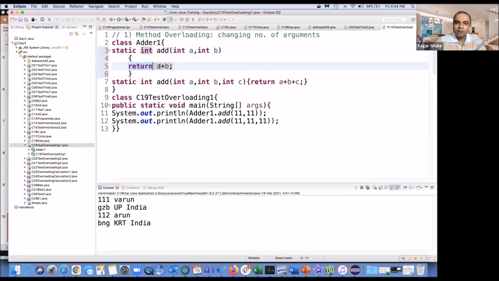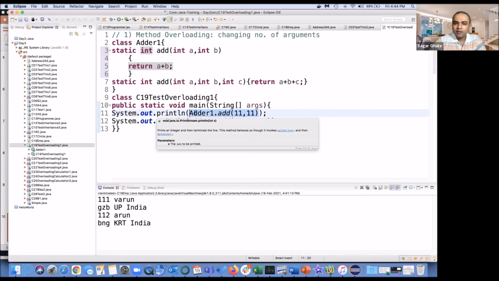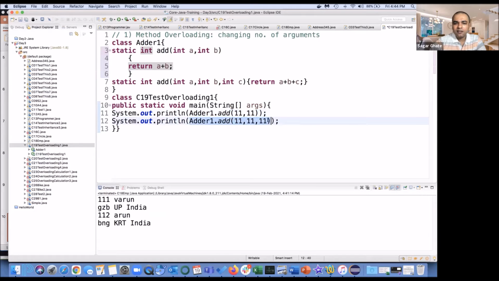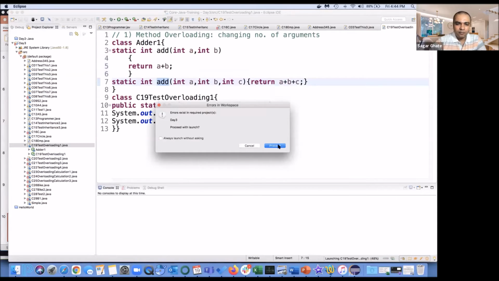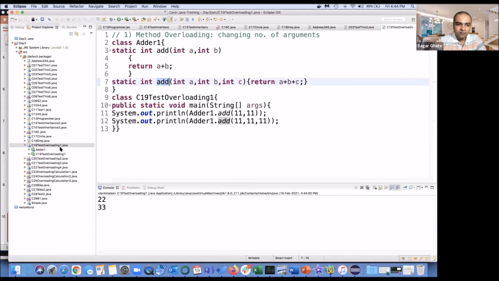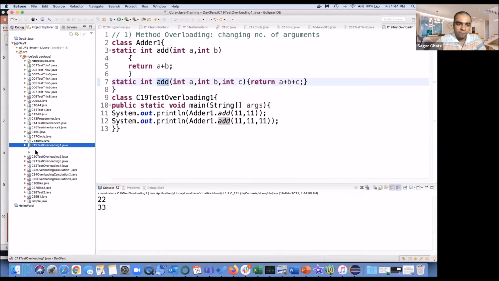So 22 is going to be returned into this int. And again, your control is going to come back and the value of this entire thing is 22. So when you say SOP, in this bracket the value will be 22. 22 is going to print. In a similar fashion here, 33 is going to print because it is going to go into this function. So 22 and 33 should be the output. Okay.